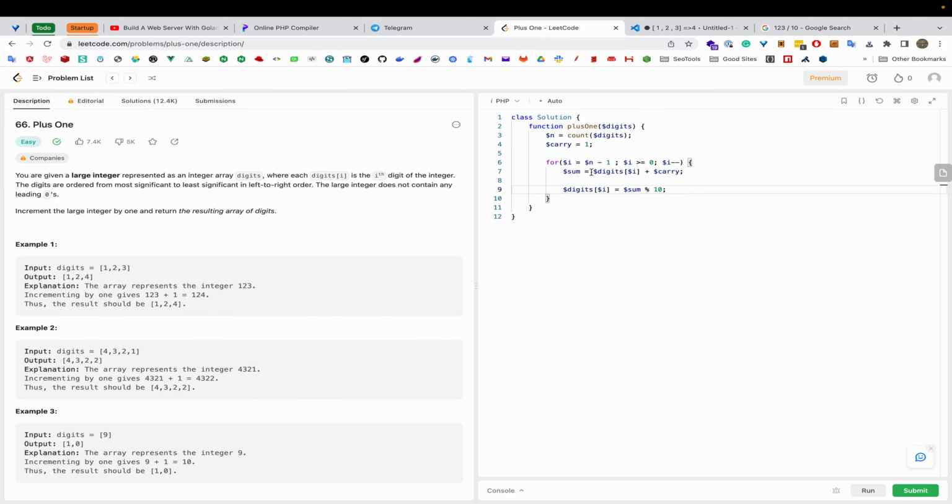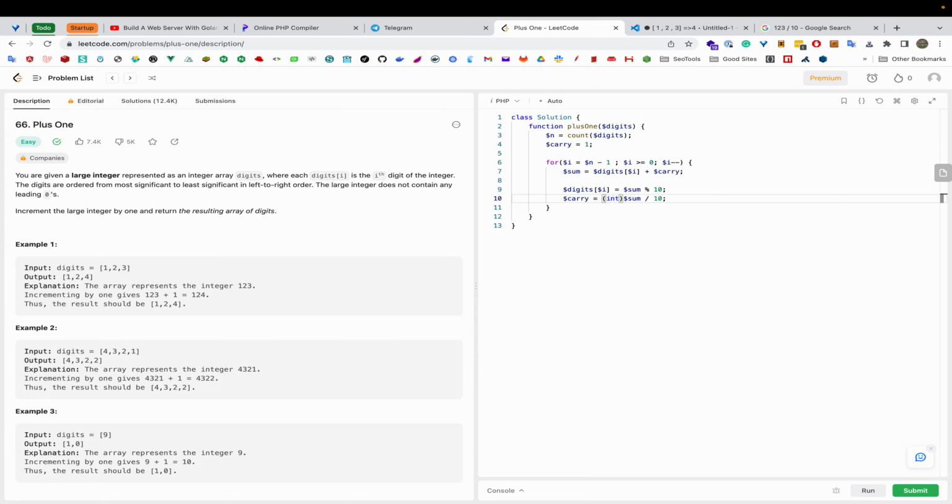So in this case, we calculate this, and it returns the same digit. And we have to recalculate carry, that we can say is sum divided by 10, and we have to cast it to integer,